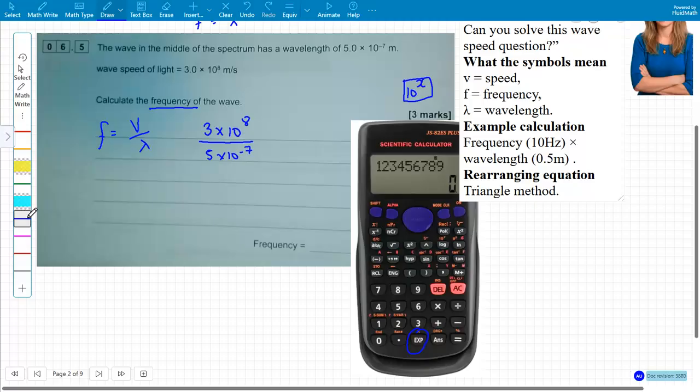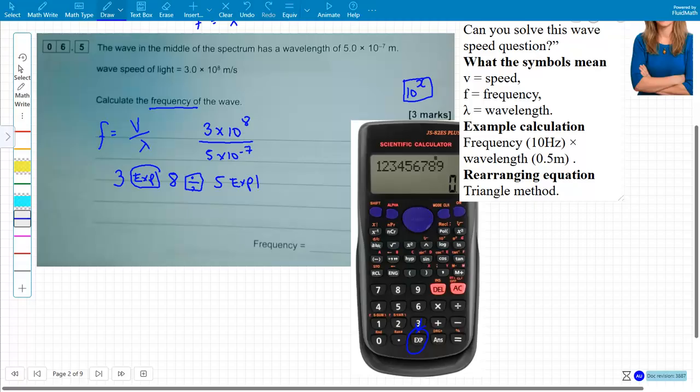That's going to give you instantly the standard form, so you don't have to press times, or even put in 10. All you'd have to do to type it into your calculator is type 3, and then press the EXP button, and then just press the indices. So 3 EXP 8, that's what that number is according to your calculator. Then you'd press divide, and then you'd press 5